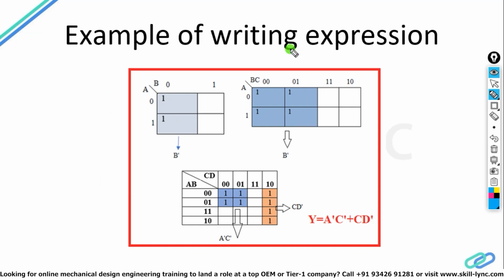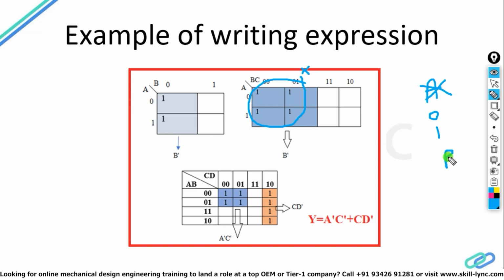Now come to the second example. In this example, you will see I have taken these 4 ones. Now, for example, the group number is X. When you see the left side of X, here it is A, meaning 0 and 1, so nothing is in common. So I am not taking the A variable. Okay, so the A variable we will not take.